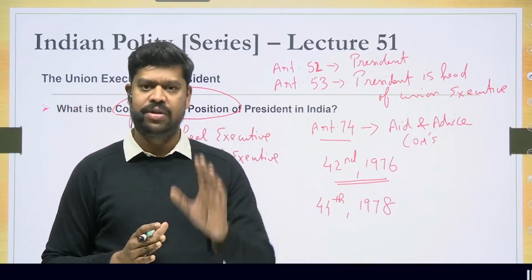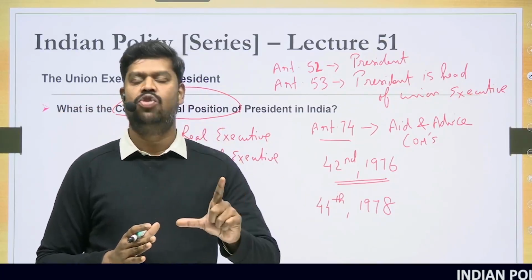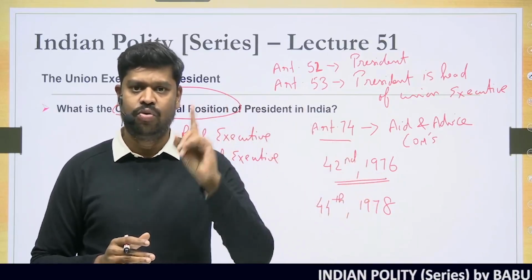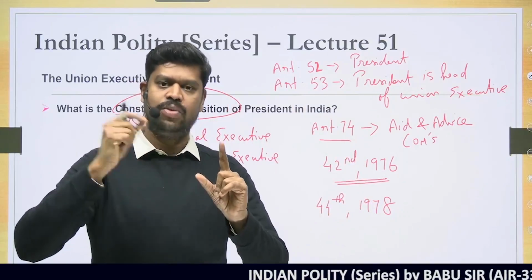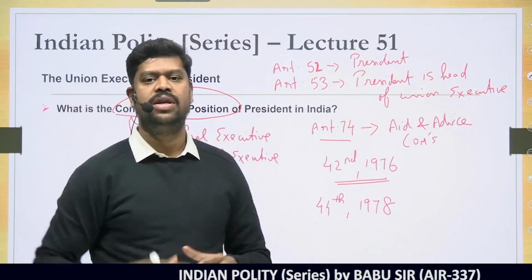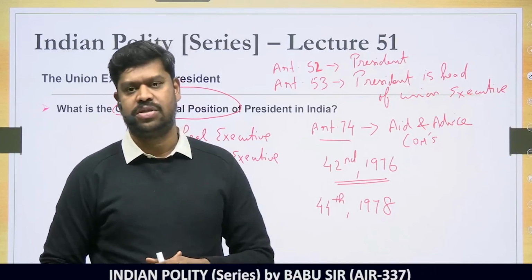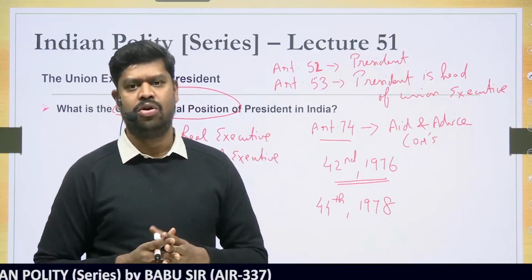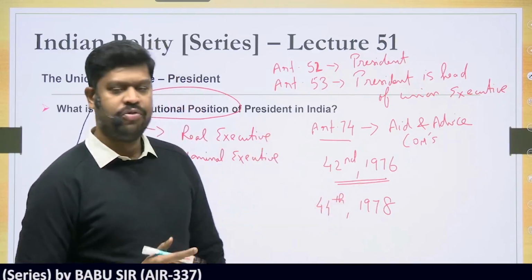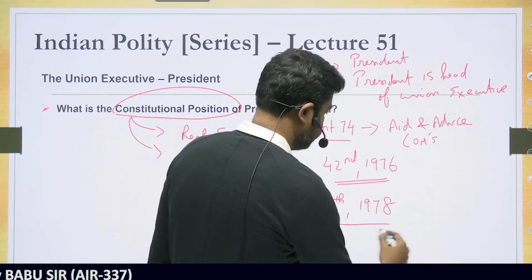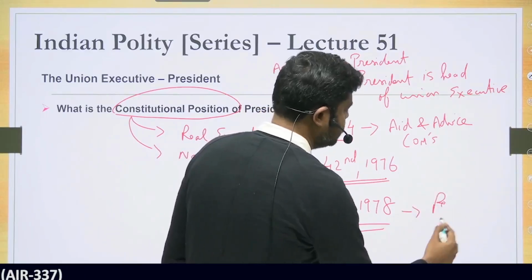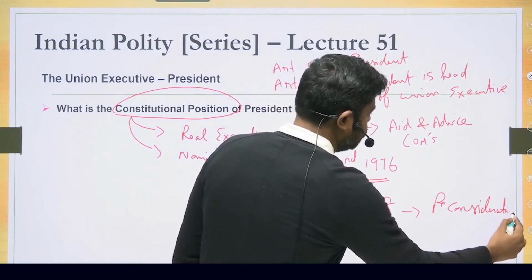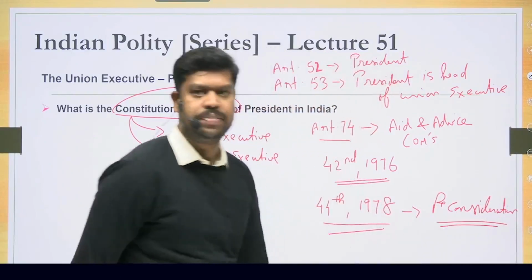So that means, as per the Constitution, the President is a nominal executive. He has to act in accordance with the aid and advice of the Council of Ministers, but he also has one option. What is that? Whatever advice is given to him, he can send it once for reconsideration to the Council of Ministers. But if the Council of Ministers sends it back again, then he has to act in accordance with such advice. That is what the 44th Constitutional Amendment Act does: it allows the President to send any advice for reconsideration. So this is the constitutional position of the President in our country.